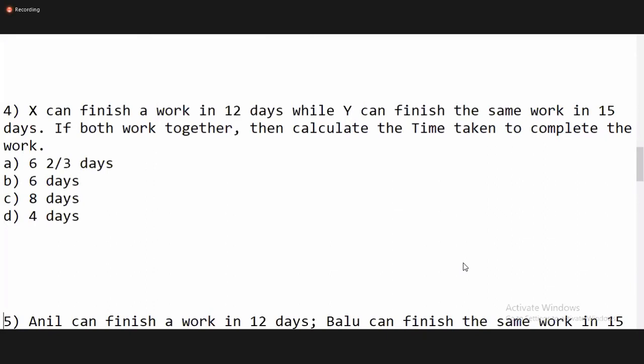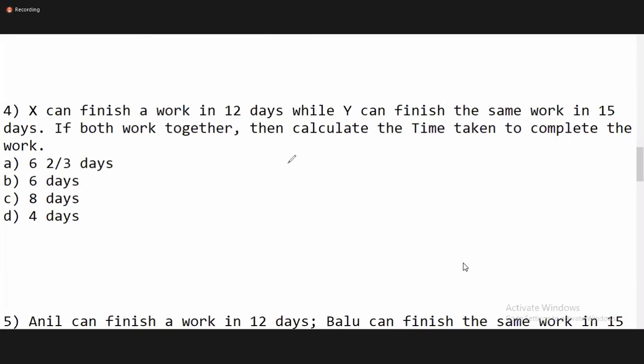Naveen, I didn't assume 1 hour is equal to 4.16, because filling the tank takes 8 hours and emptying the tank takes 6 hours. So 1 hour of work is 1 by 12. 6 hours work is 1 by 6. 1 by 12 is 12.5, 1 by 6 is 16.66. That difference is 4.16. So in 1 hour, it is completing 4.16 of the work. Okay, that's why 1 hour is equal to that.